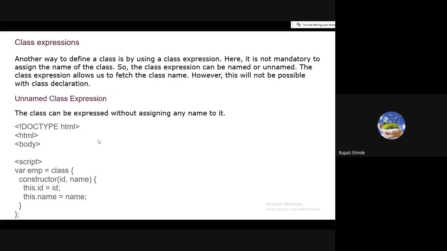So what happened here again? In the script, where emp is equal to class, and we have to specify the constructor, and accordingly we have to write the constructor.